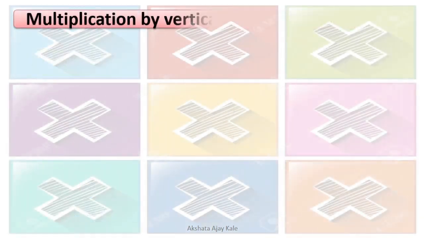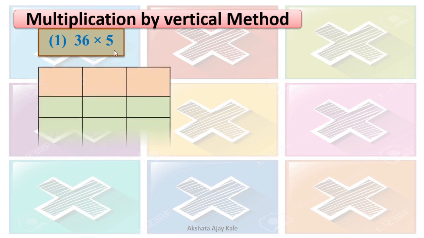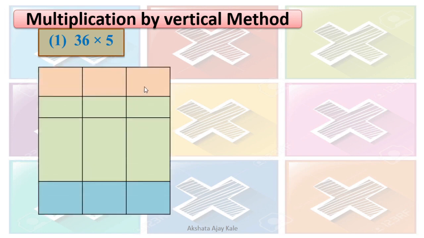Now see this. One more style I will tell you. 36 multiplied by 5. Here we will make a table. If it becomes easy for you, then you can follow this also. You need tens, hundreds. Okay. How we have written in the addition and subtraction, like that only. Now here we will write 36, first 6 and 3 here, multiplied by 5.